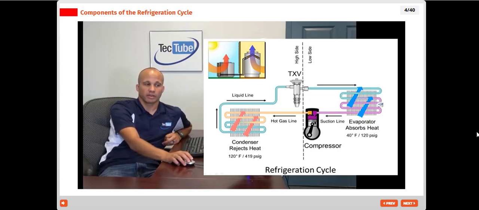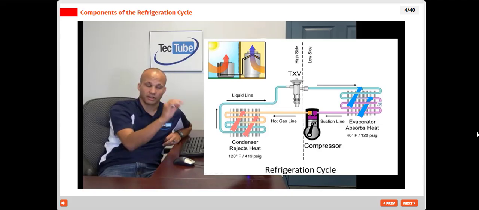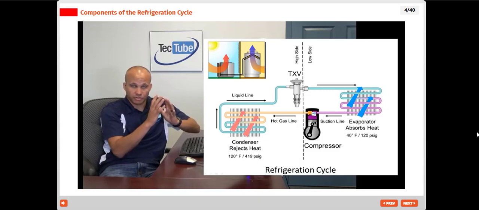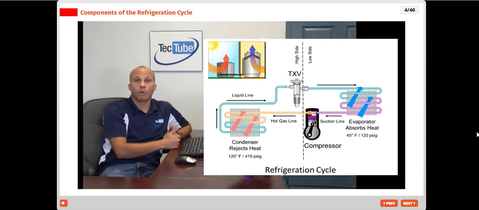He is absorbing heat from the air of your house running through your furnace and evaporator coil assembly. He's absorbing that heat, which is raising the temperature of the refrigerant. It's increasing it up as he absorbs that heat. And then that refrigerant is going into the compressor, where the compressor's job is to compress the refrigerant to raise the pressure even more. And because I have a fixed volume, when I raise the pressure, the temperature goes up